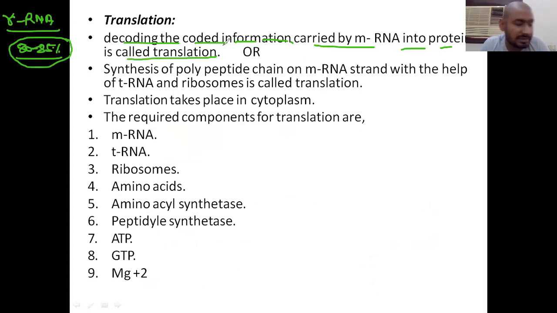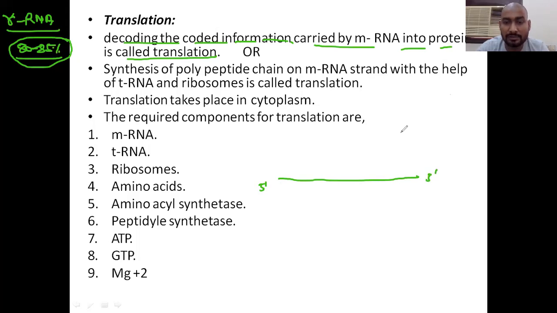Translation we will discuss. Translation means when the mRNA molecule has some code, this code can be decoded, and during decoding three things are involved: mRNA, rRNA, and tRNA. mRNA has the message, the code, which is decoded by the tRNA, and rRNA also plays an important role. rRNA is the site where tRNA can bind. Because mRNA is already present, first the rRNA binds to it. This is the mRNA strand, 5 prime to 3 prime.